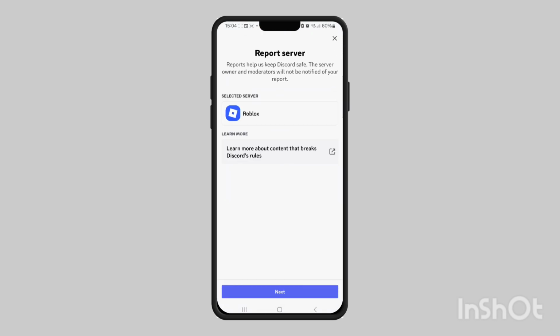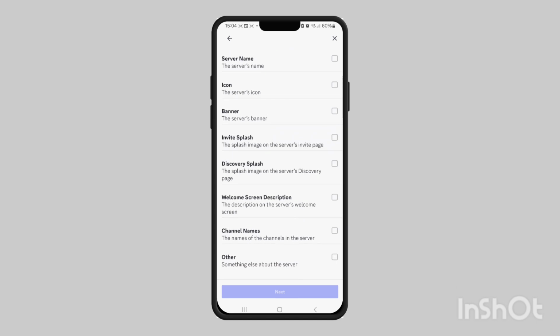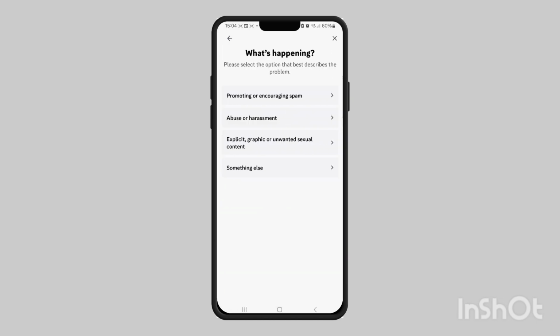So tap on that, and then from here press next, and it'll ask you what you would like to report. So if you would like to report the server name, then you simply tick that. So just choose whatever category it falls into, then press next, and then you need to report what is actually